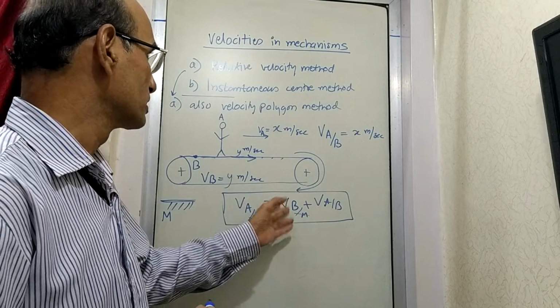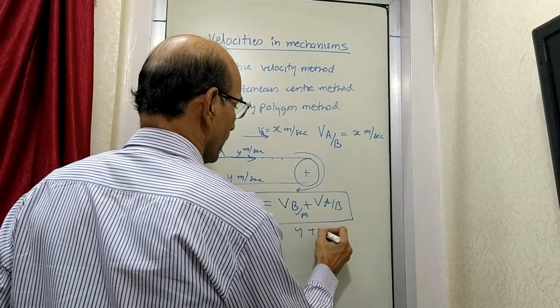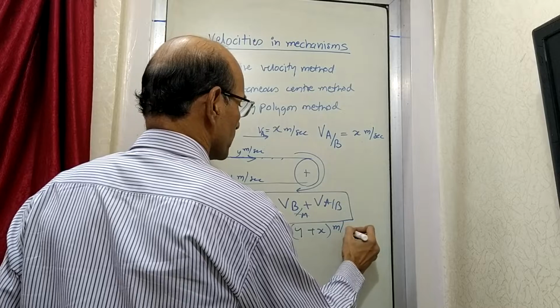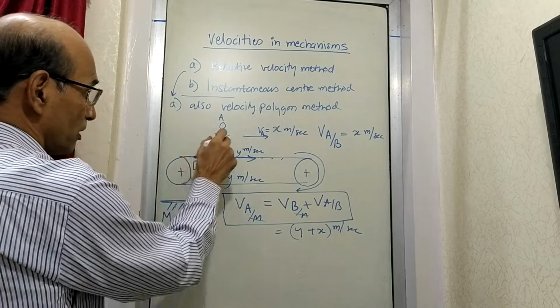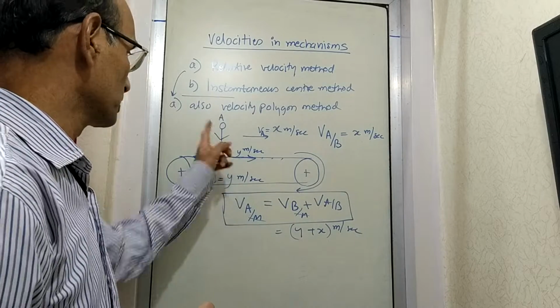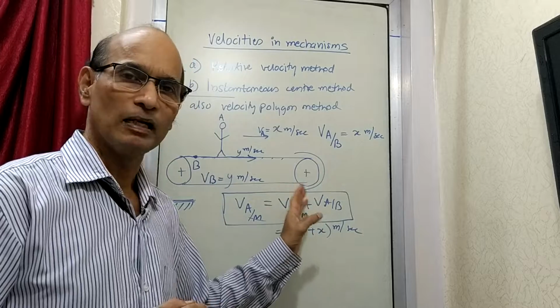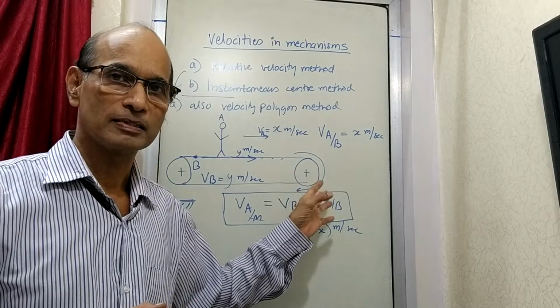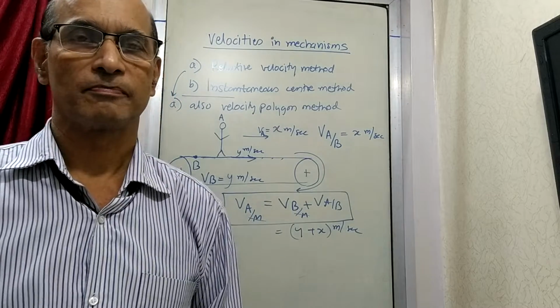So having understood this, in this case it will become x plus y. This is already y and this is x. So that becomes the velocity of a person if somebody is observing from here, the velocity of this person. So this gets added there. Now this is exactly what is required to be understood by us, which is what we are going to apply when we are talking about the mechanisms.